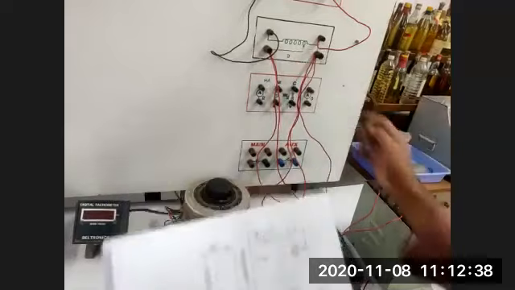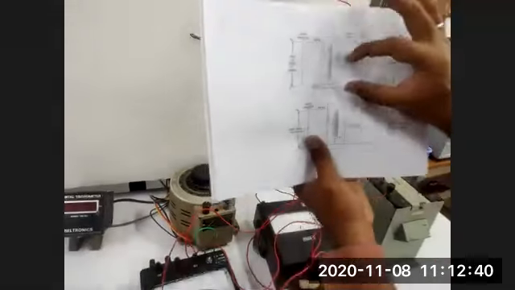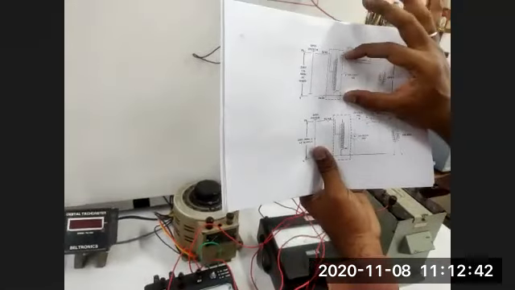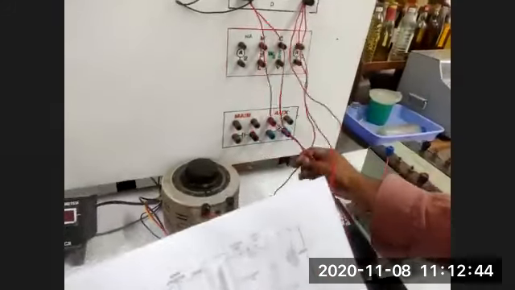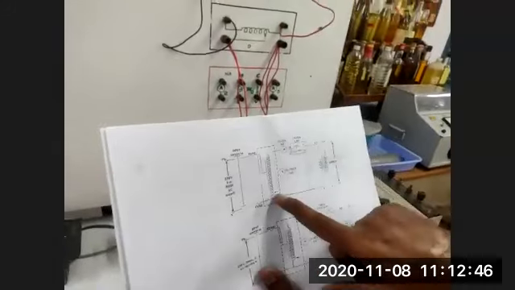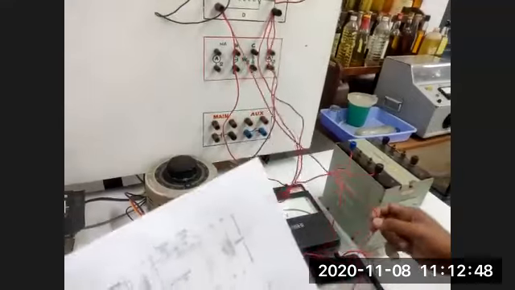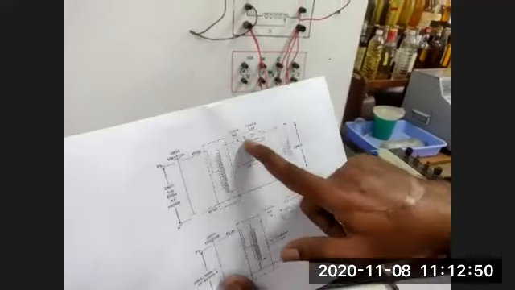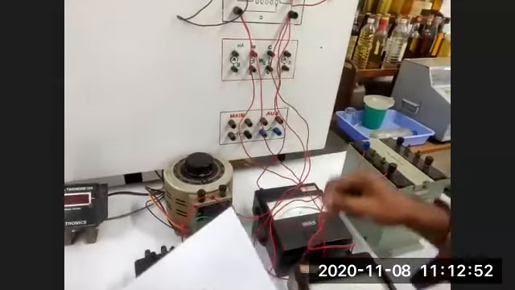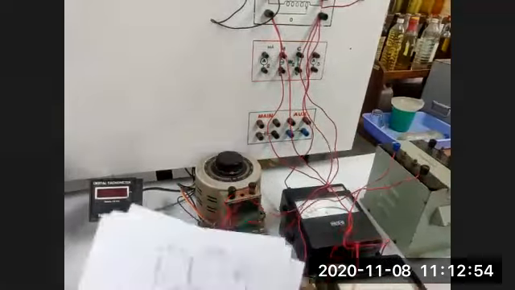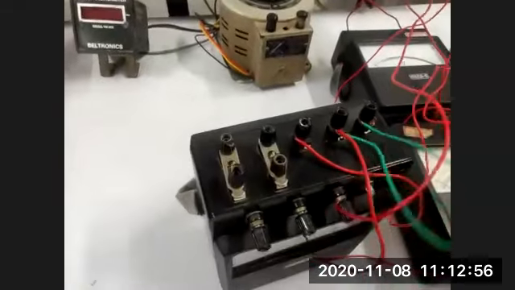Between these two, first we have connected a voltmeter, across the variable and fixed. Next, the ammeter is connected to the variable end. The other end of the ammeter is connected to M. Here you can see the M and C terminals are shorted, the moving and common terminals.